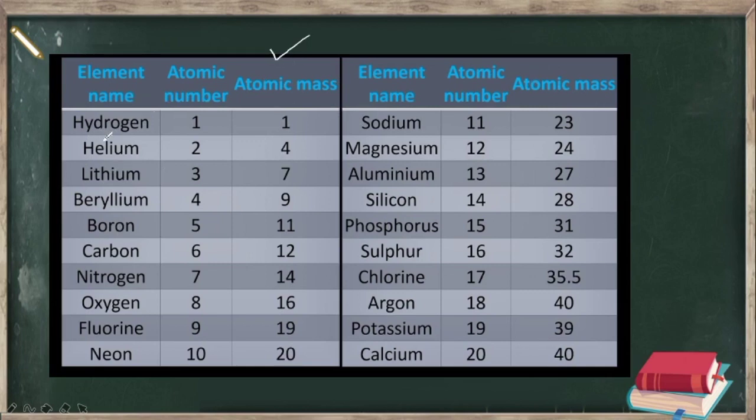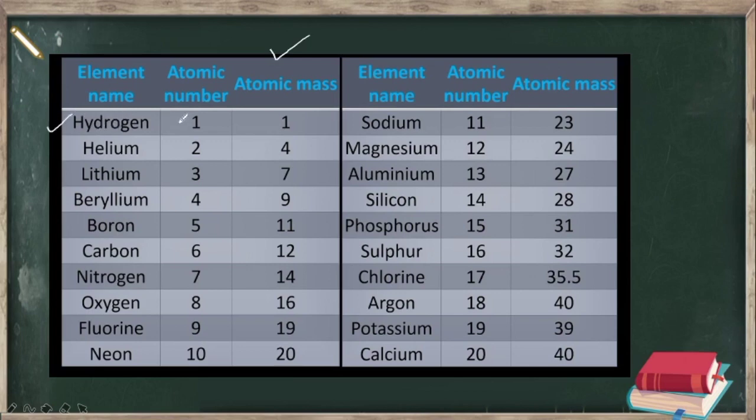So just look at here, in this table you have not got the exact atomic masses of each element. We have a few elements in this table and we have given an approximate atomic mass of the elements. It is not accurate. Keep it in mind, they are approximate atomic masses which we can use to calculate molecular mass in the classes, right? So look at here, hydrogen.